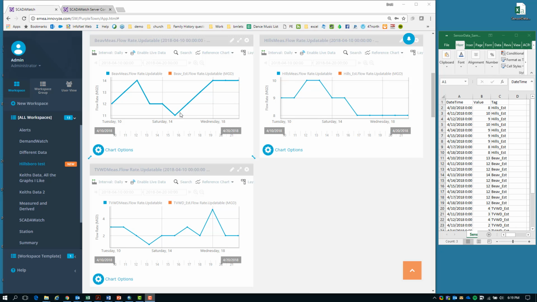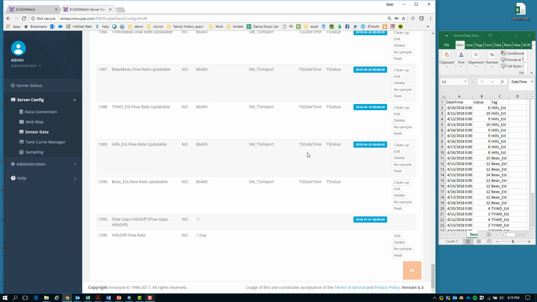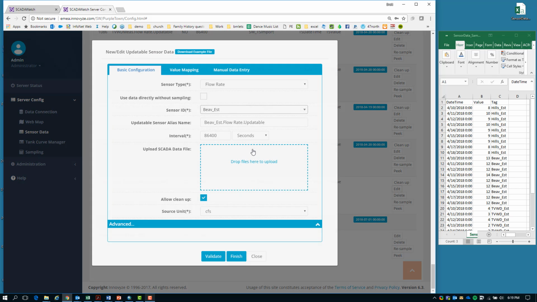I loaded it in through this same process that I'm about to show you for these other sensors, but normally that's going to be already part of the implementation. It's going to already come in through your main historian, so you won't have to do that step. But I'll show you how easy it is to go in the back end and play with one of these sensors. We'll go with this Beaverton one. I'll edit,